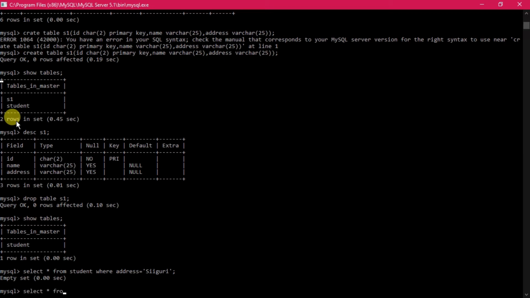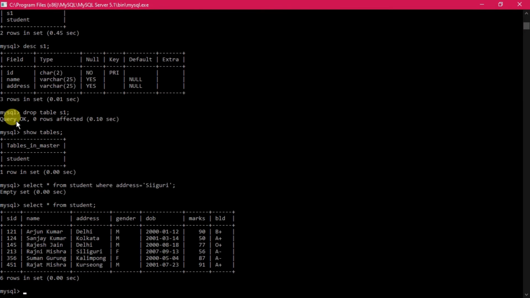You will not find any data of those who are from Siliguri. You see one thing to be noticeable: I have given a different spelling, and it is Siliguri. So there is a difference. An exact match has to be found, otherwise it will not work.